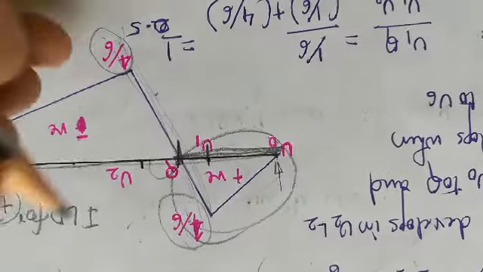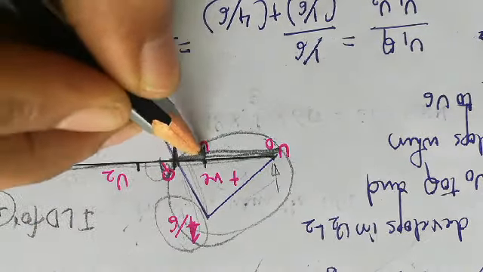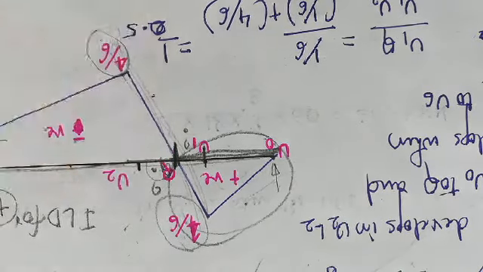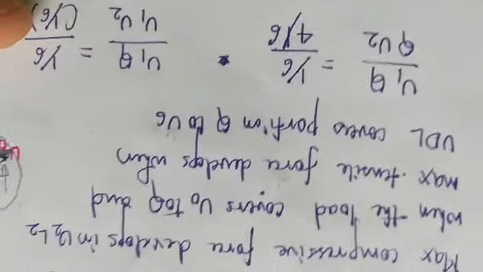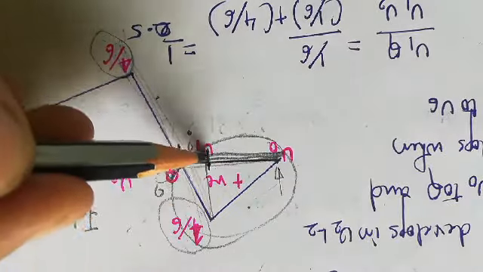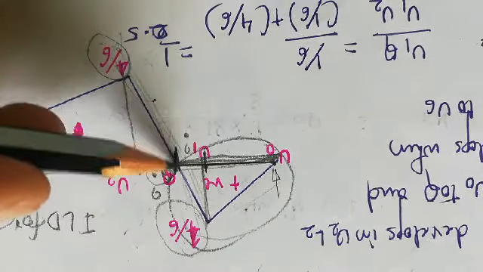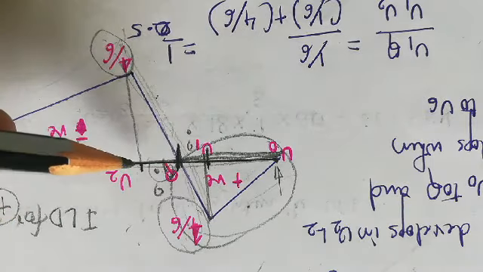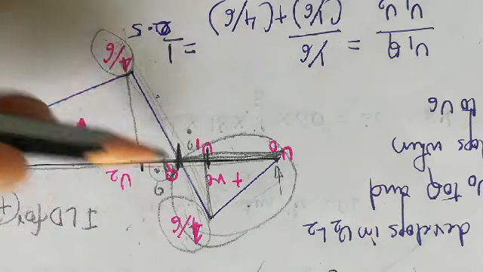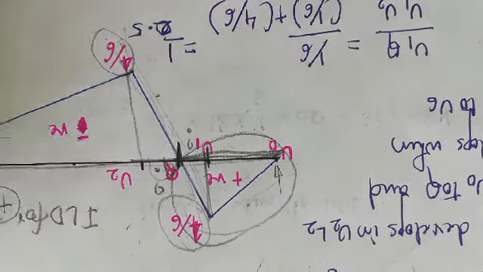Now how to calculate that? How to mark this Q point? What is this distance, U1 to Q and Q to U2? This can be done by simple geometry. I am using similar triangles again over here. I will take the triangle U1 Q and this point, and Q U2 and this point. I'll use the similar triangles, so height by base, height by base.